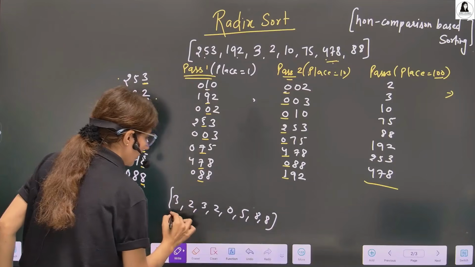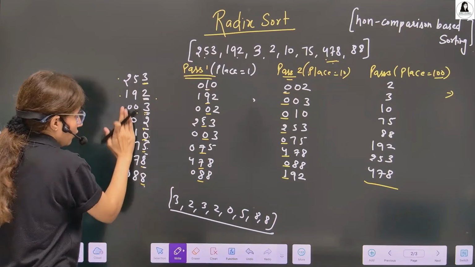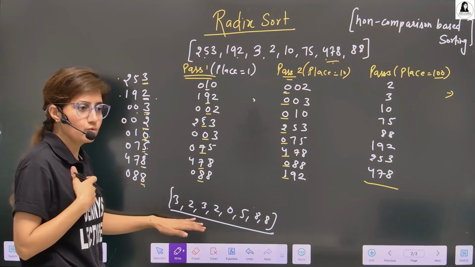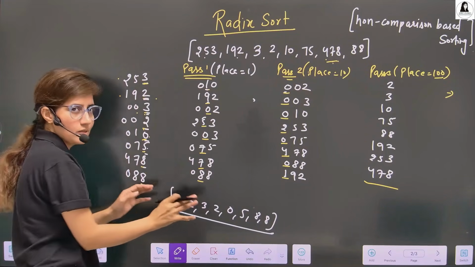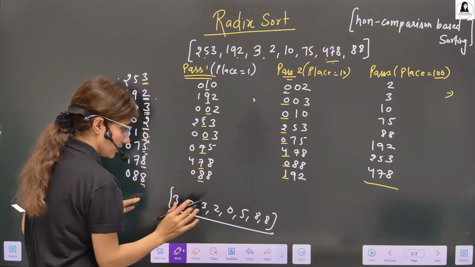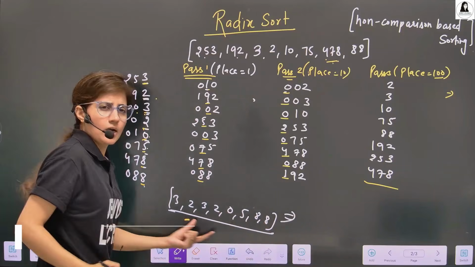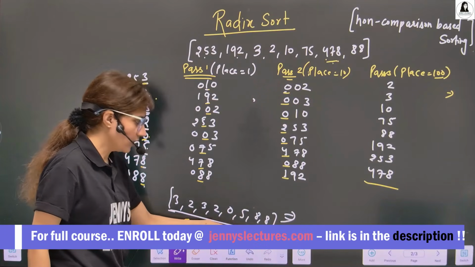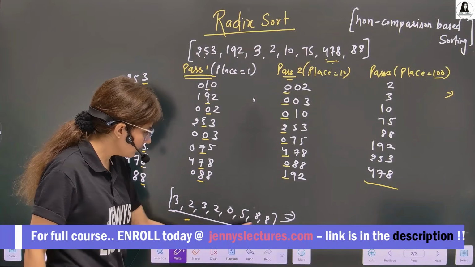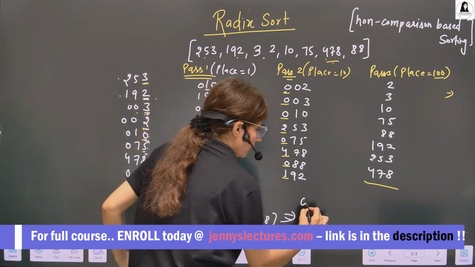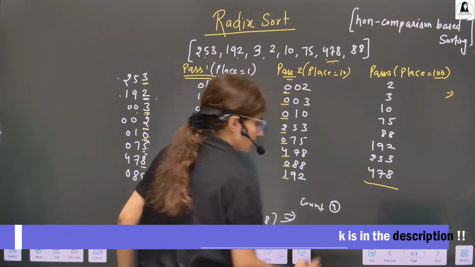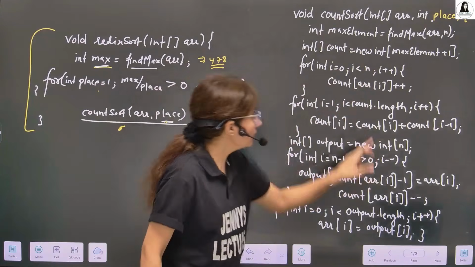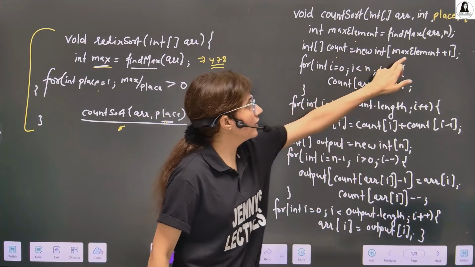So ultimately we are applying counting sort on this digit only. We are not focusing on this. To somewhat, let's discuss this in a simpler way. How we apply count sort on this array? First way was find out the maximum element. Maximum is 8. Now we take a count array of which size? 9 size. Whatever the maximum element plus 1. That's why here we have written find out maximum element and take a count array with this.